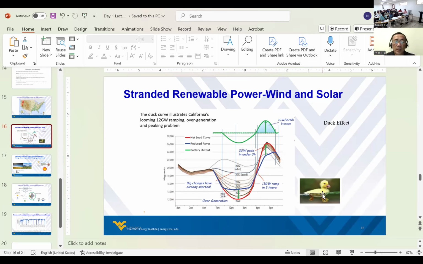So on a daily basis, if you look at the supply of renewable power, it doesn't match with the demand. That's why it's called the peak. It's called the peak shaver. So there are